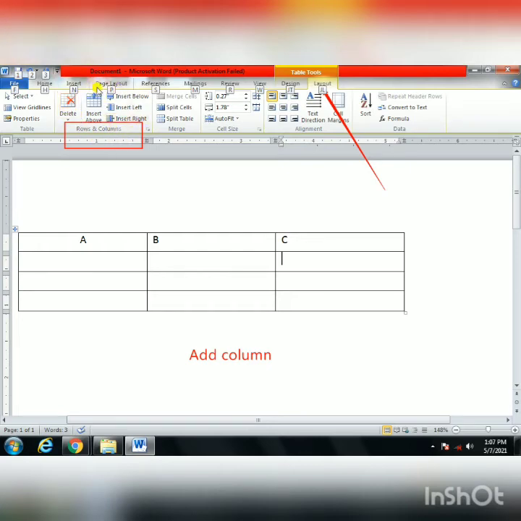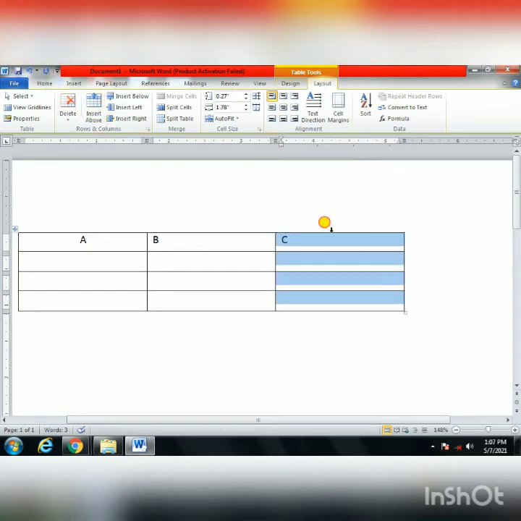So what I will do, I will add a column. Now I have selected this last one, then I went to the Layout tab. Now I will go to insert, which one? Right side. See, left means it will come on the left and right means it will come on your right-hand side. Now I will go beside the C, on this side. So which one will I click on? The right side. So it will come basically to the right of the C, this side.